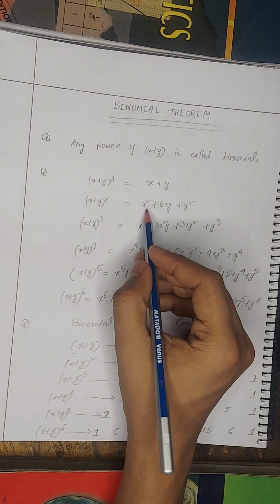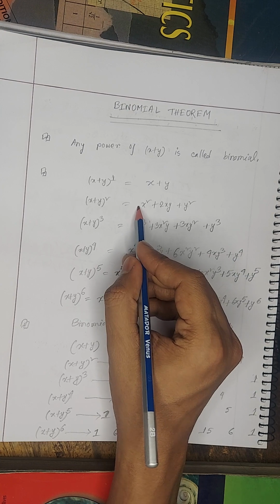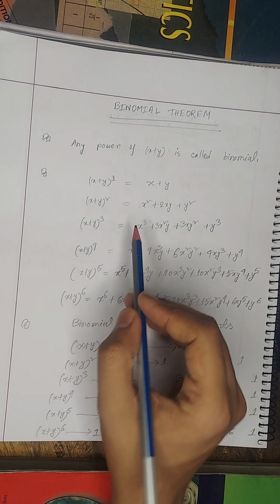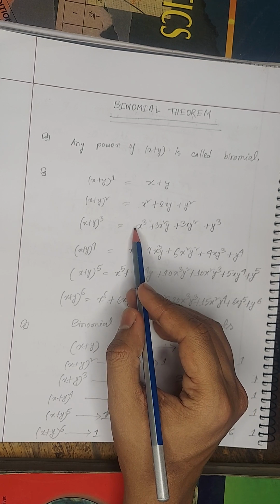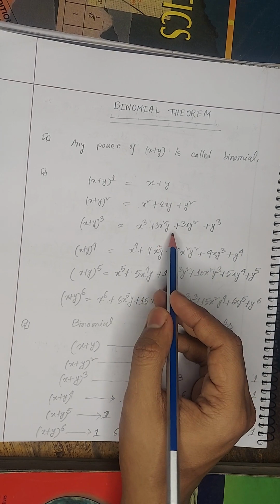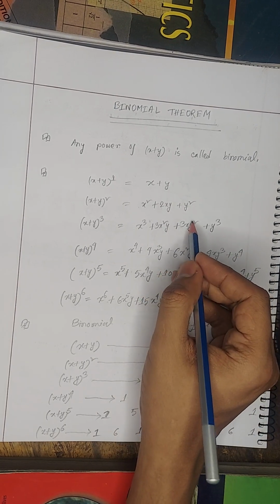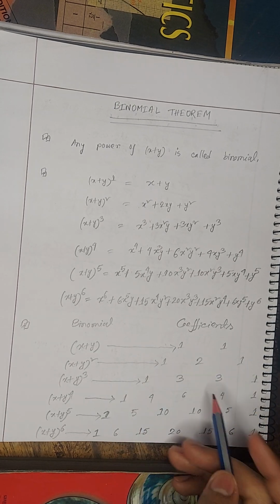If we see the formula, x square plus 2xy plus y square, the coefficients are 1, 2, 1. Similarly, for x plus y whole cube, coefficients are 1 3 3 1. What is coefficient? Coefficients are the numbers with the expression. So if we notice the pattern here,